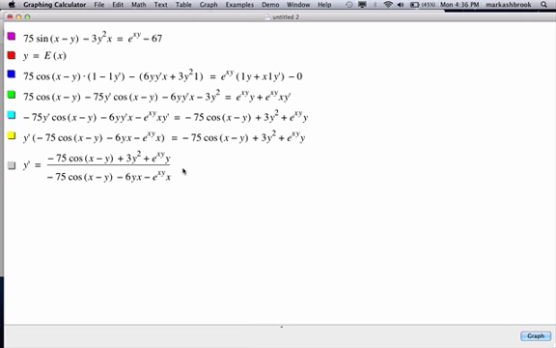Okay, so that right there is our rate of change for this function, and it's a function of x and y. We saw that for a given value of x, there might be more than one point that has the given value of x. So it no longer just depends on x, but on a point on the graph, and therefore the rate of change at that point depends on an x and a y. And so we see in the rate of change equation that you'll need the full ordered pair, not just x, to compute